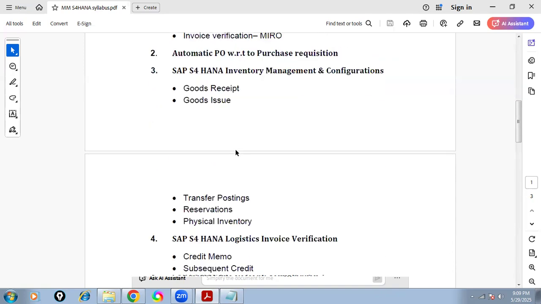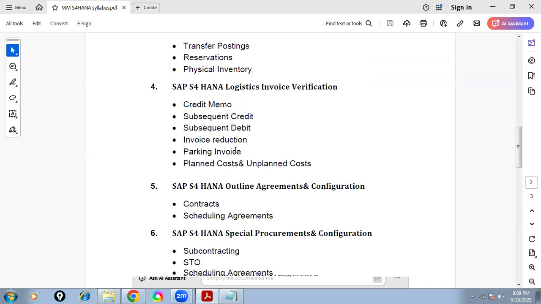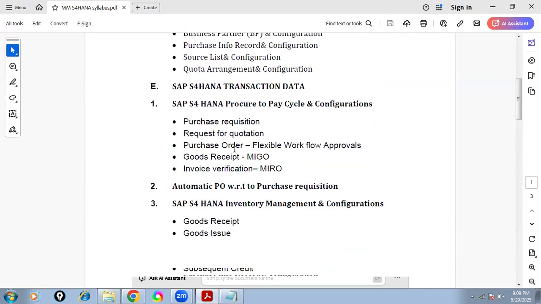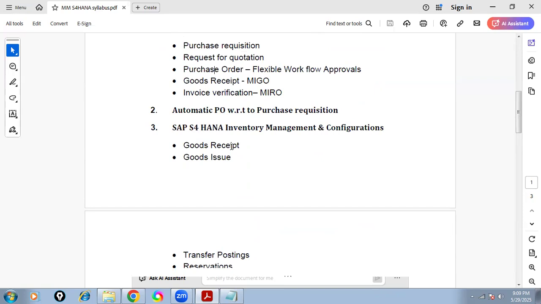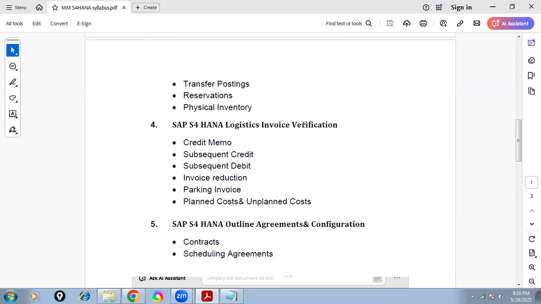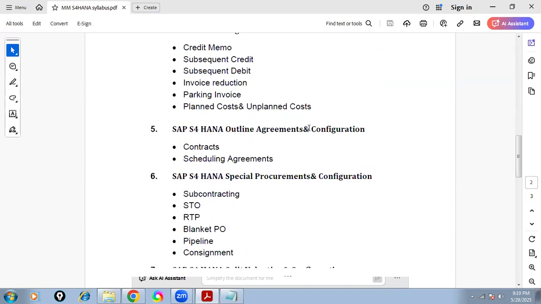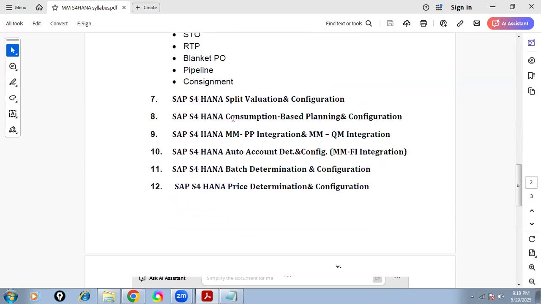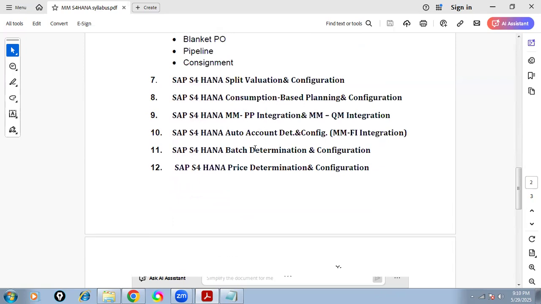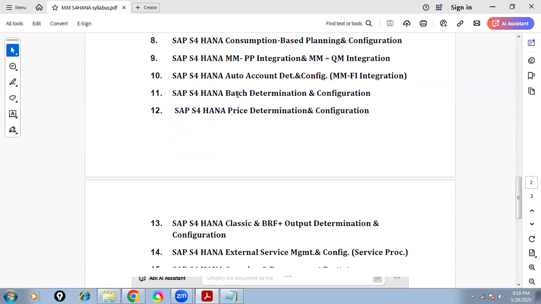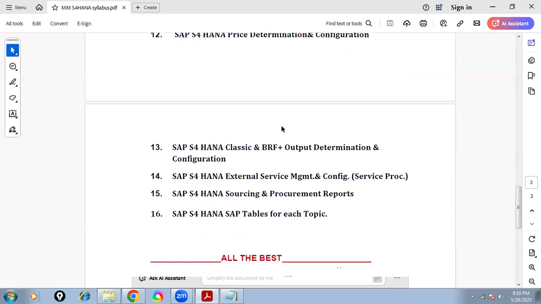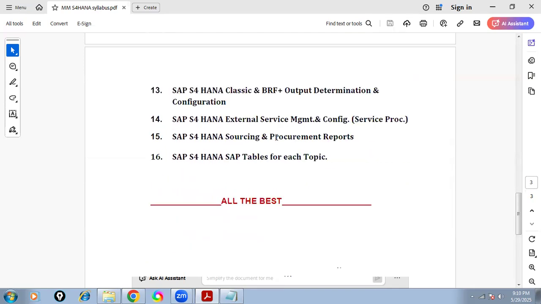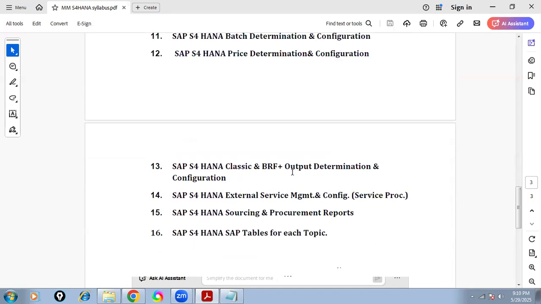So for each and every topic like this, you see how many transaction data we are going to cover. So this is a P2P cycle. This is automatic PO creation, inventory topics, logistic invoice topics, agreement topics, special procurement topics, split valuations, MRP topics, integration topics, MM-FI integrations, batch determinations, price determinations, output determination, old version and new version, service management, reports, tables, what else you want.